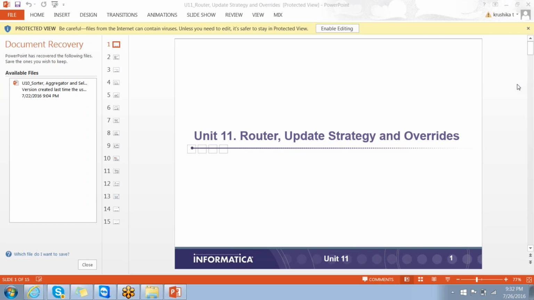But first of all, what will the router do? If you are going on a road and you get a fork, normally whenever you get a junction, when you look at the signboards, they will show you: if you go left, you will get a certain destination; if you go right, you will go to a certain destination; if you go straight, you will go to a certain destination. Like that, the indicators will show you. Why do you need indicators? Because